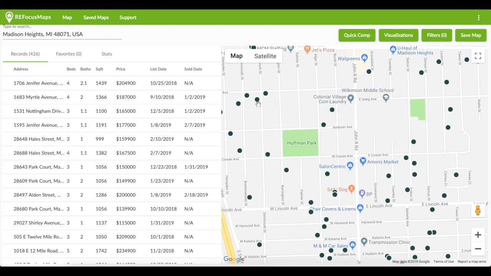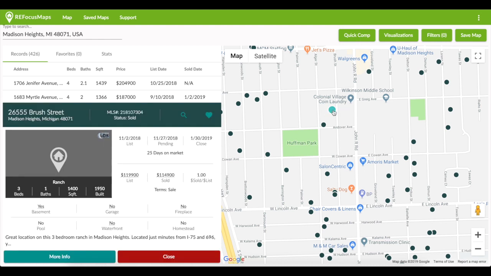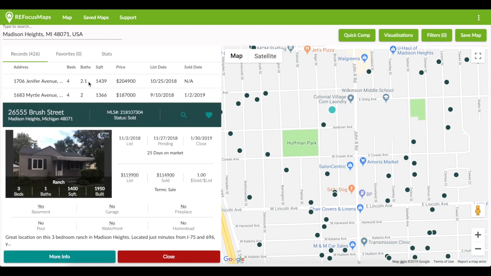You can select properties to see more information about them by either clicking on one of these dots, or you can click on one of the items in this list as well. We'll pull up the same window. As you can see, this window has quick and dirty information on the property: beds, baths, square footage, picture, all that good stuff. If you want to see more info about the property, you can click on this More Info button,